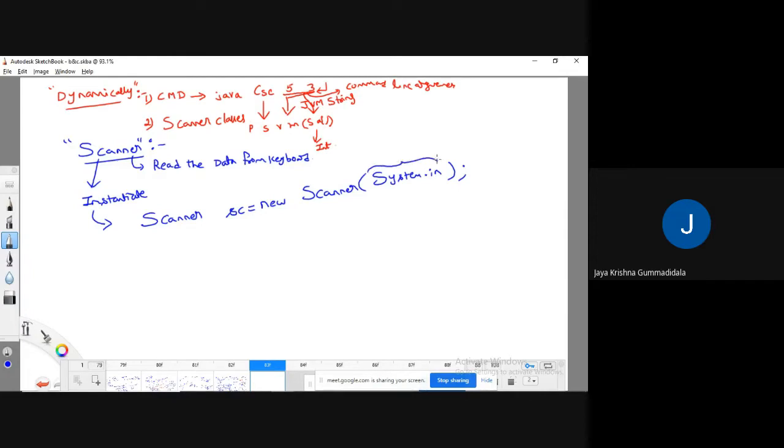It is a kind of object which we pass to the Scanner class. In the previous classes, I said System is a predefined class and in is an object.